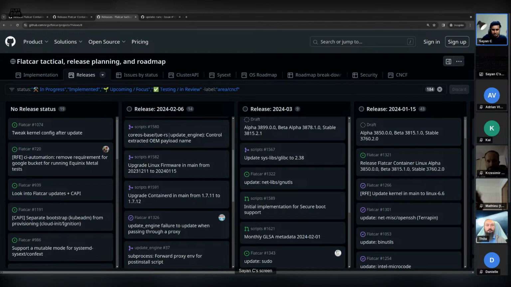And other than the regular package updates, we also would see the implementation for secure boot support, and we have started working on the new systemd version. So hopefully that would be out by the next release in the alpha. And also, the team has been working on the CSEC, so more work would be happening on that front. Anything else that you folks would like to add on this?